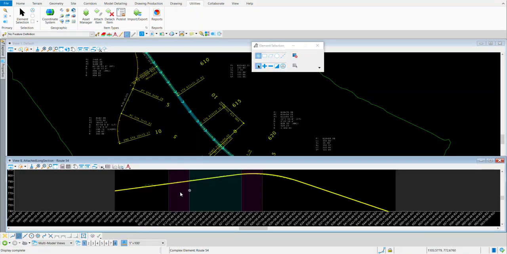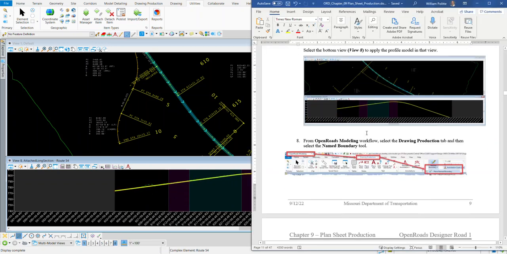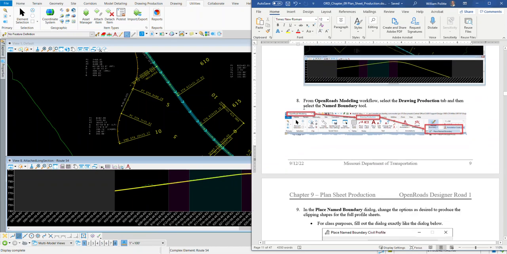When you do that, you'll see that it populates our existing ground profile, and it gives us our proposed profile. And that's what we want. We want to have those. So let's go back to our Word document. Once we have those in there, then we can go to the